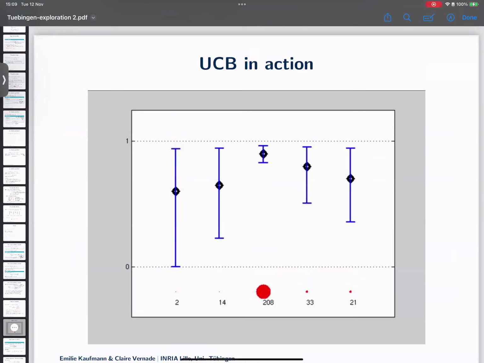At the beginning, I've pulled all these arms very little. The arms are Bernoulli, so I only see zeros and ones, but that doesn't make any difference here. The laws are bounded, so it's sub-Gaussian, so all the hypotheses of my theorems are valid. And these lozenges, or squares, are the true values of the arms. So this arm in the middle is the best arm, and the second best is this one. What we're going to see is how much UCB is pulling the bad arms.